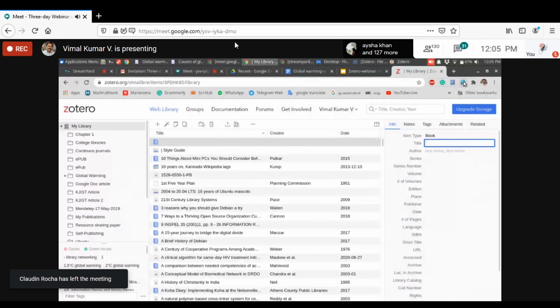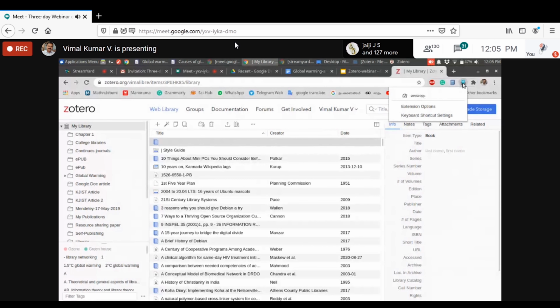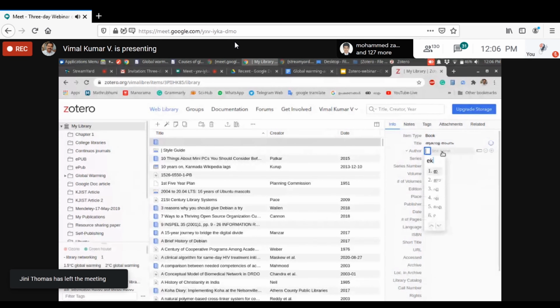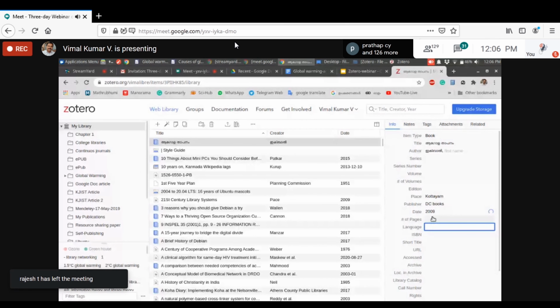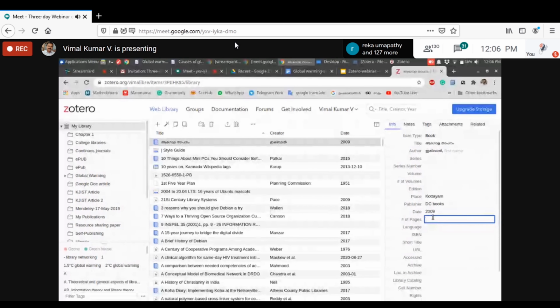details regarding the book. To write in Malayalam, just click on the extension, click on Malayalam, then type the author name. Then you can switch off Malayalam, then write other things in English. Okay, this way we can manage references in a regional language by adding Google Input Tools to the Chrome browser, then adding a regional language in the extension, then you can type.